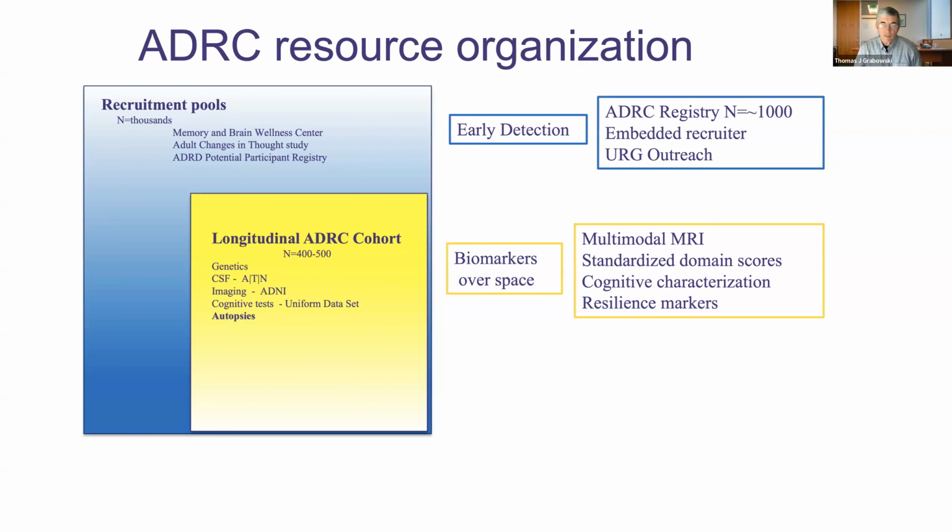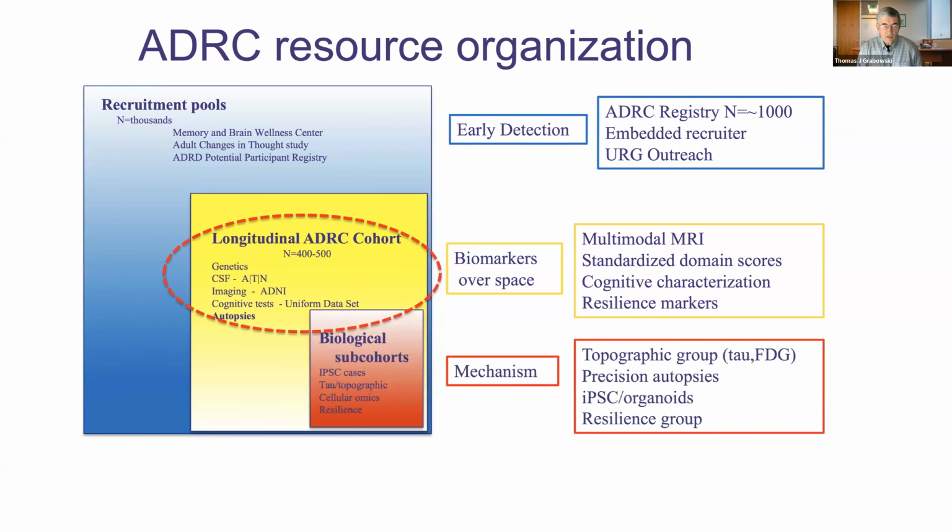And in our center, we think about this in terms of looking at the clinical variability of the disease and how these biomarkers distribute over space and correlate with cognitive and other variability in Alzheimer's disease. And then subsets of the participants in the longitudinal cohort are studied more intensively with other methods. For example, we're doing precision autopsies